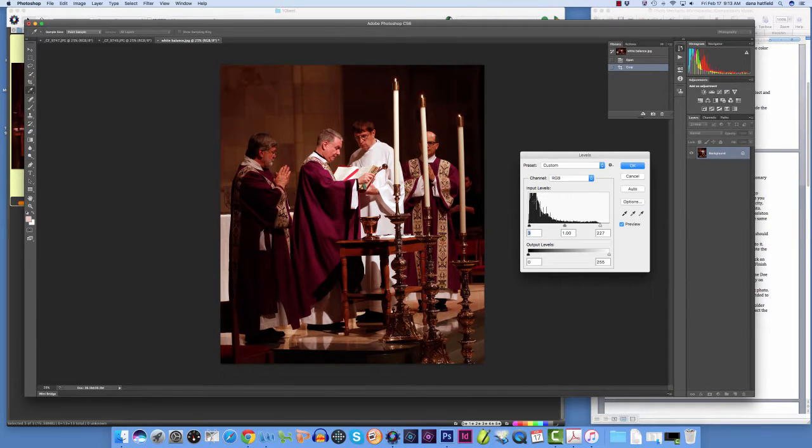So no two histograms are the same. It's just like a fingerprint. Every picture has its own histogram. So there's no matching one histogram to another, unless, of course, you're working with the same exact picture. Okay. Now, once we're happy with that,